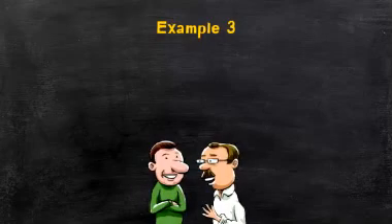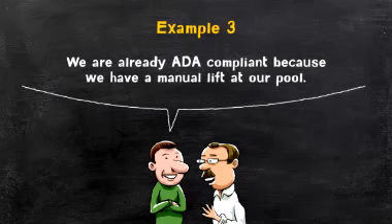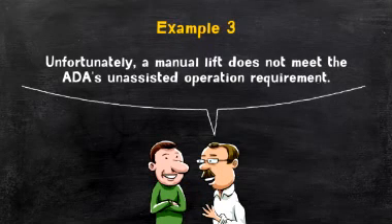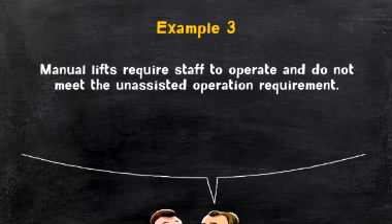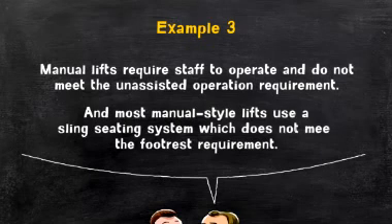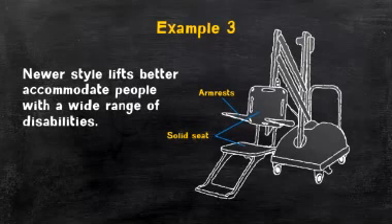And lastly, as you're introducing the new ADA requirements to your existing customer, he interrupts you and states that they are already ADA compliant because they have a manual lift at their pool. What's your response? If you inform your customer that a manual lift does not meet the ADA's unassisted operation requirement, then you did the right thing. Manual lifts require staff to operate, so they do not meet this requirement. Also, most older manual-style lifts use a sling seating system, which does not meet the footrest requirement. Additionally, newer style lifts offer armrests, firm seats, and back and leg support, which help better accommodate people with a